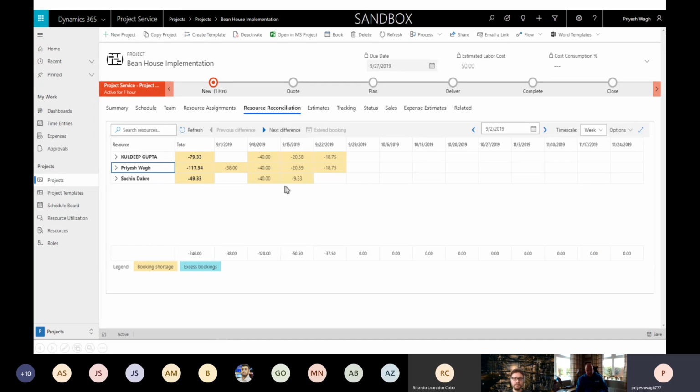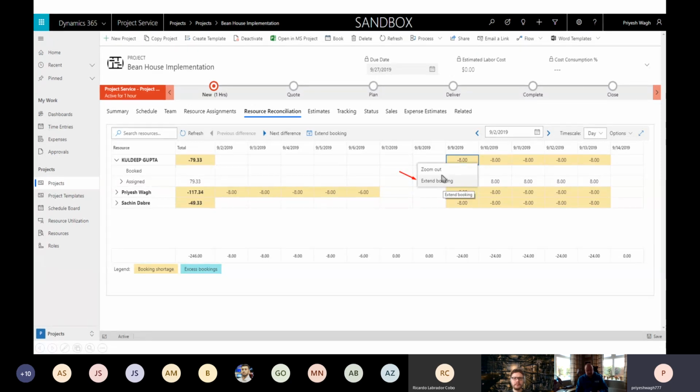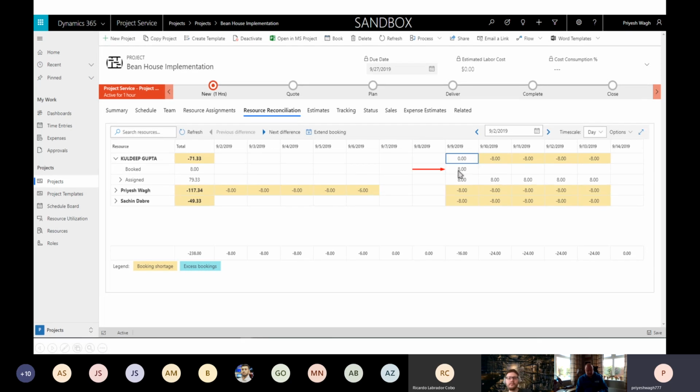This is one of the other methods to book a resource. So if I expanded Kuldeep's, and if I say that on 9th September, he's assigned 8 hours, he's not booked yet, but I can just confirm his booking. So I can right click it, and I can say extend bookings. And what will happen is I just have to confirm that there are no other bookings for Kuldeep for this day. So if I just click OK, the 8 hours that were assigned to him would be confirmed, and that would turn into an actual hard booking